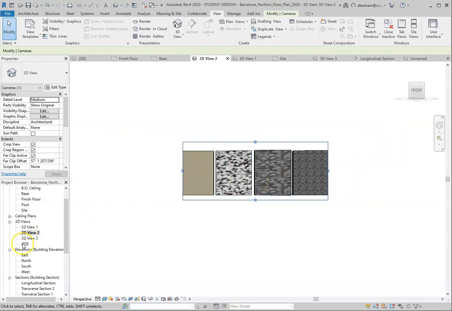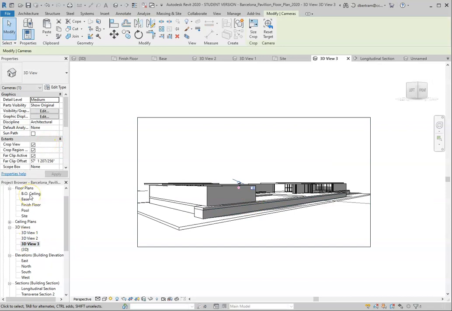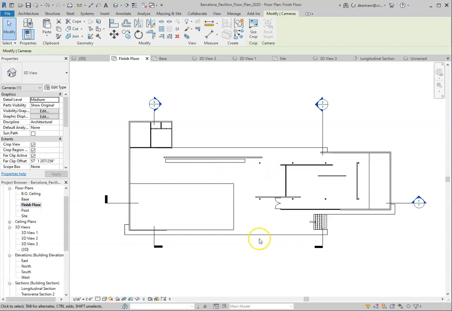All right, so now I'm going to jump back into, let's jump back into this view. Actually, let's just start anew. Let's just start one more new view from the top. All right, so here we are in our finished model, and I'm going to drop another camera in. I'm going to create another view. I just want to go through that a little more slowly with you. So let's go to